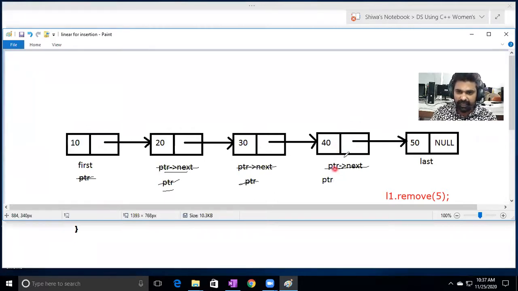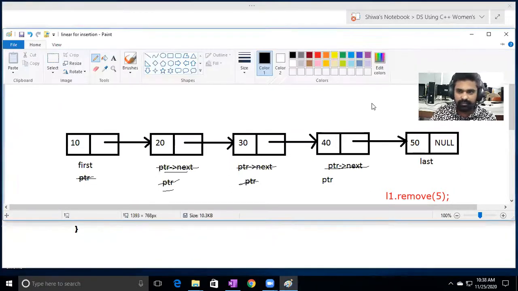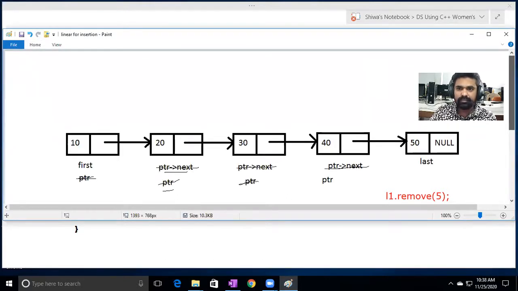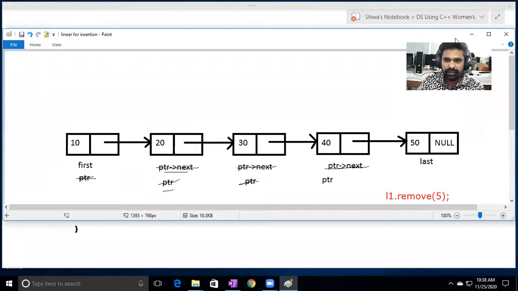See, if this is pointer, this one is what? Pointer next. Observe carefully here. Just a minute. See here.